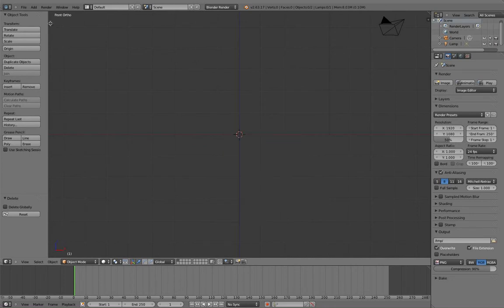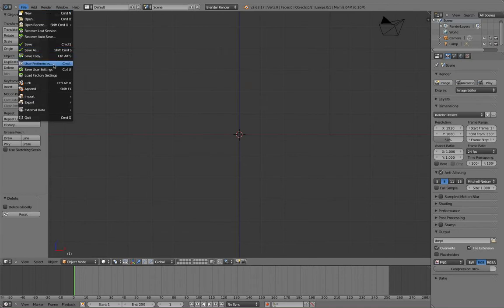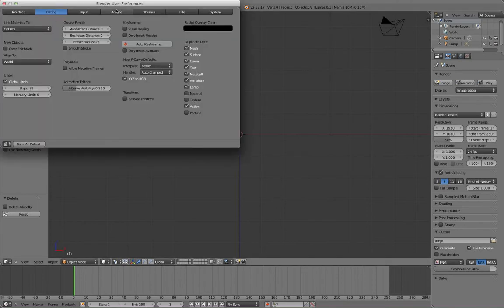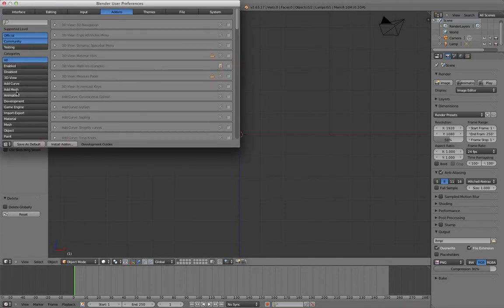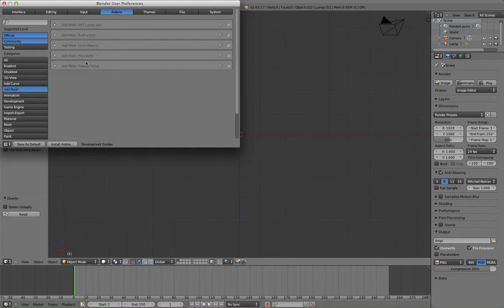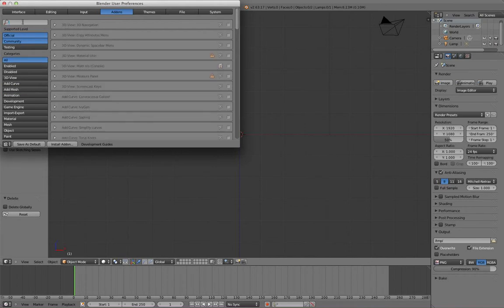And I'm going to go over to user preferences, add-ons, and then I'm just simply going to check extra objects, and I want,